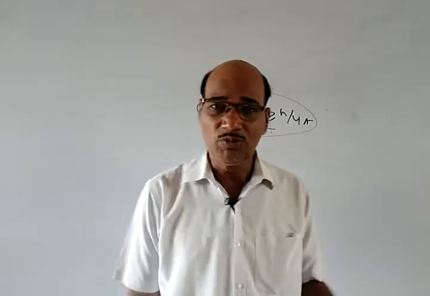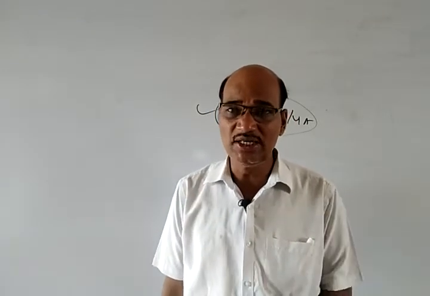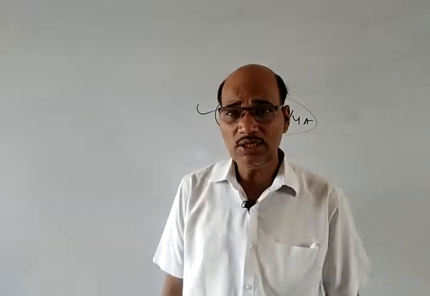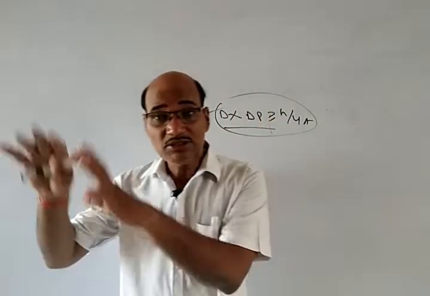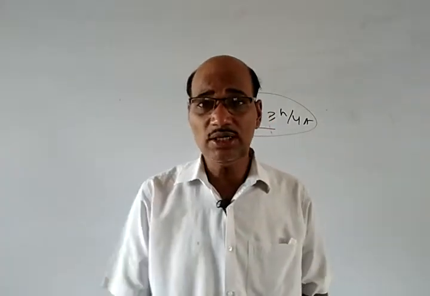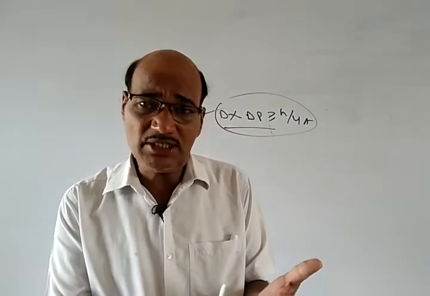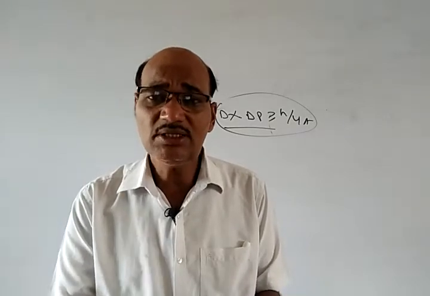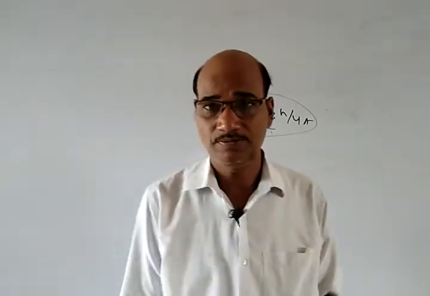So accordingly, we have seen the electronic configuration of the different elements. Hydrogen 1s1, helium 1s2, lithium 1s2 2s1, beryllium 1s2 2s2, boron 1s2 2s2 2p1, and so on. And in these electronic configurations, what we are observing is that in s orbitals we have 2 electrons, p we have 6, d we have 10, and f we have 14.